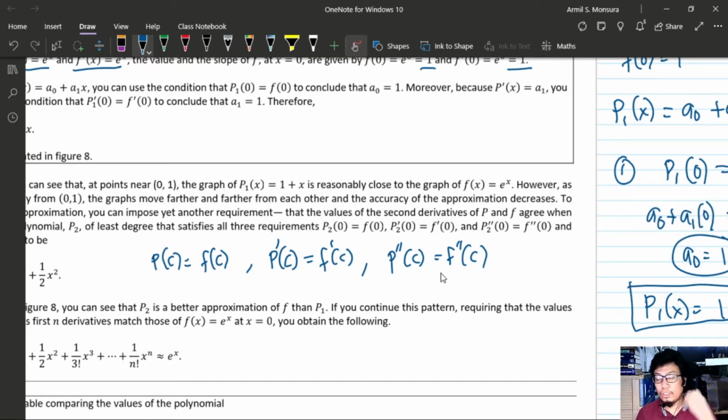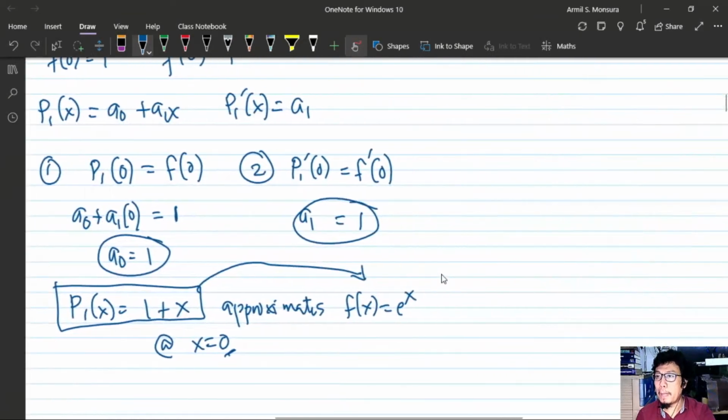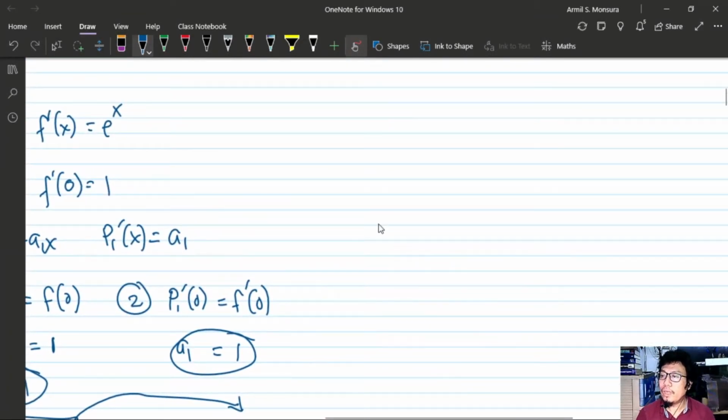So in that case, this is what will happen. We can have a second degree polynomial a0 plus a1 x plus a2 x squared. So now this is a quadratic approximating polynomial. Let me rewrite this instead as p2 of x. Since we now have three conditions,